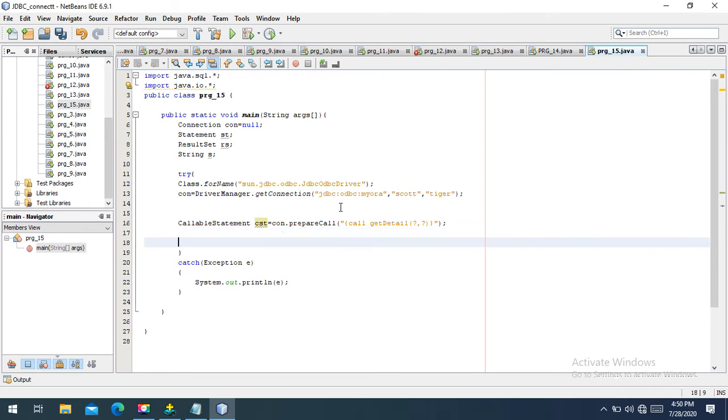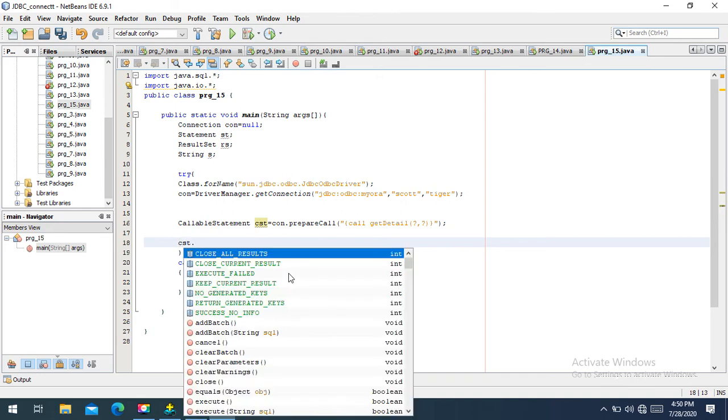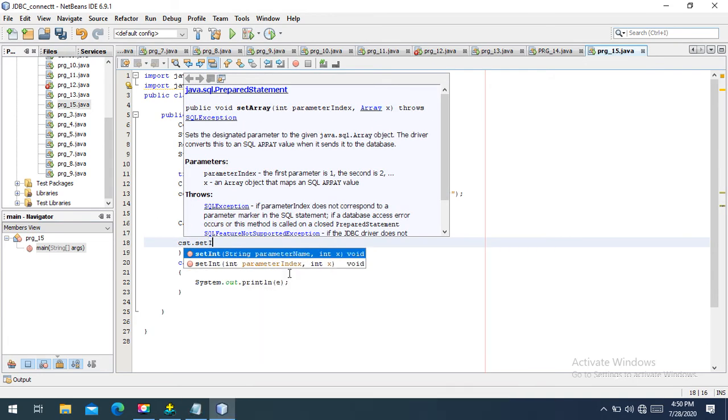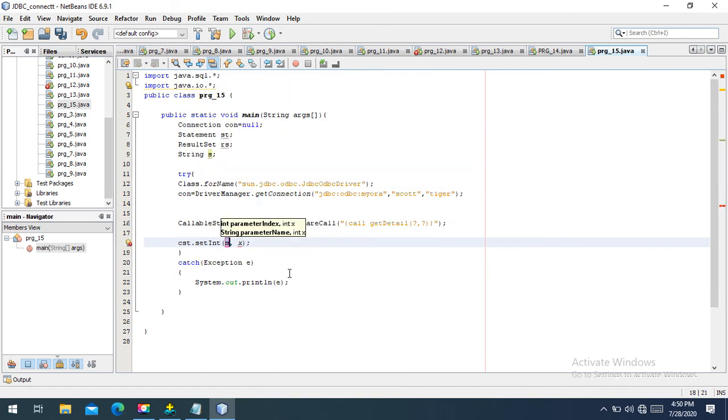The prepareCall method will call the procedure of Oracle. Now cst dot setInt. Here pass the index number 1 and replace the value x with any value which you want to pass for that table in which you want to insert. myTab, right? Here I want to enter 109, and then